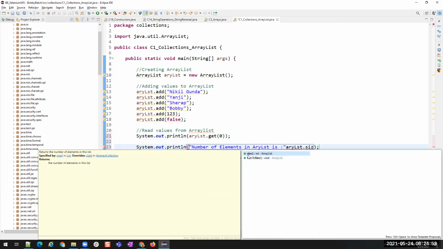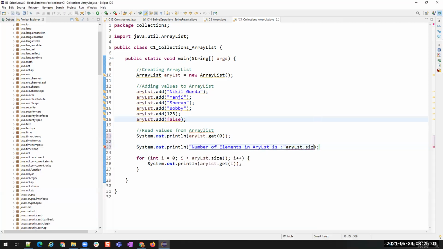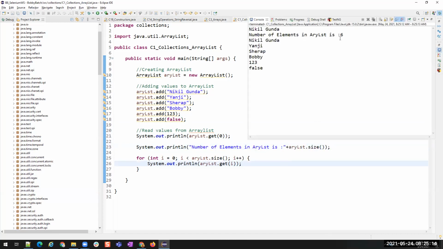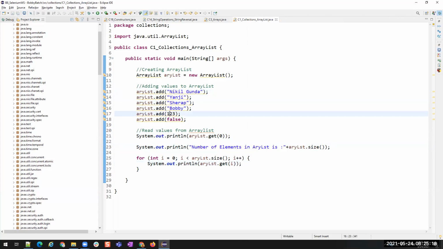You see there is a size method which returns an integer value. What is it? Returns the number of elements in this list. So array list dot size. That's all. So the same number I am using in the for loop. Understood? Number of elements in the array list is 6. 1, 2, 3, 4, 5, 6.